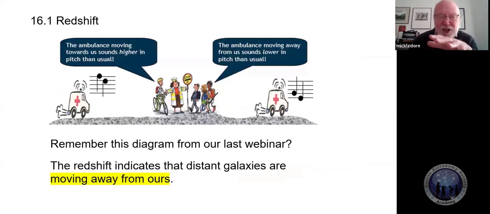We tend to hear the Doppler effect rather than see it. We've got our trusted pedestrian, well, let's call it a lollipop lady. I know we shouldn't call them that anymore, but I'm sure lollipop lady is what everybody knows. I don't know what the PC name is anymore, and I'm not particularly interested. We've got an ambulance approaching, and the notes have a higher pitch, as you can see, than the ambulance that's moving away on the right. So we get this change in pitch, a change in the perceived frequency, and it's all because there's a change in the wavelength of the light, or if you like, in this case, the sound.